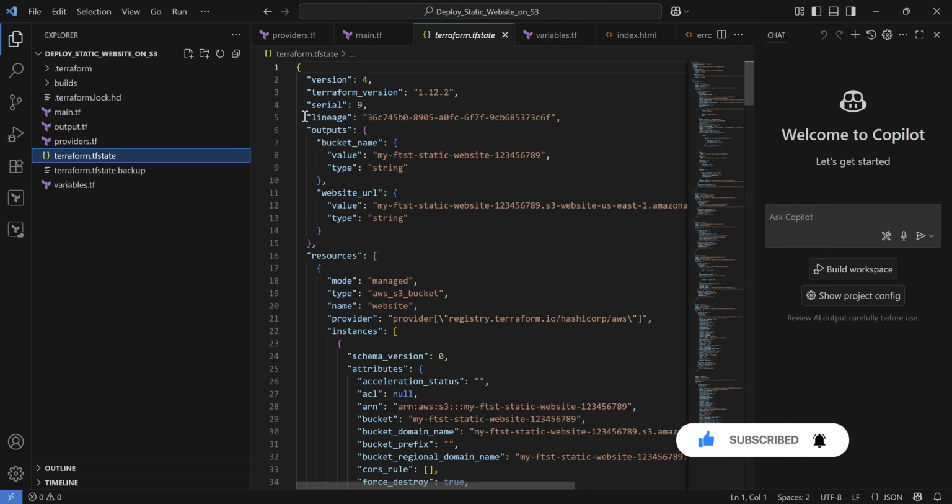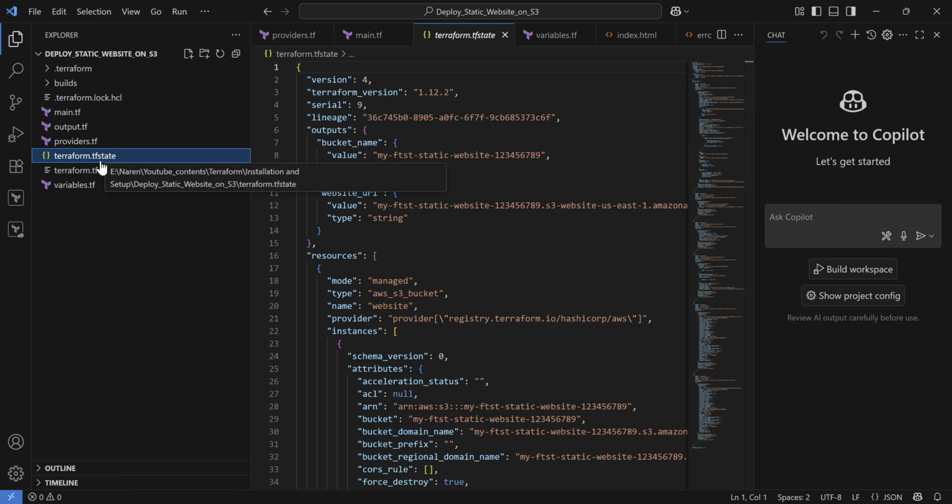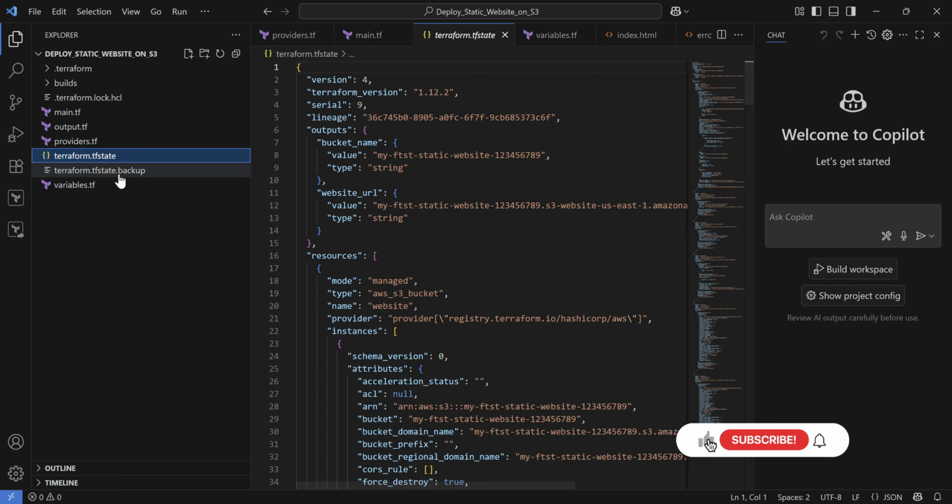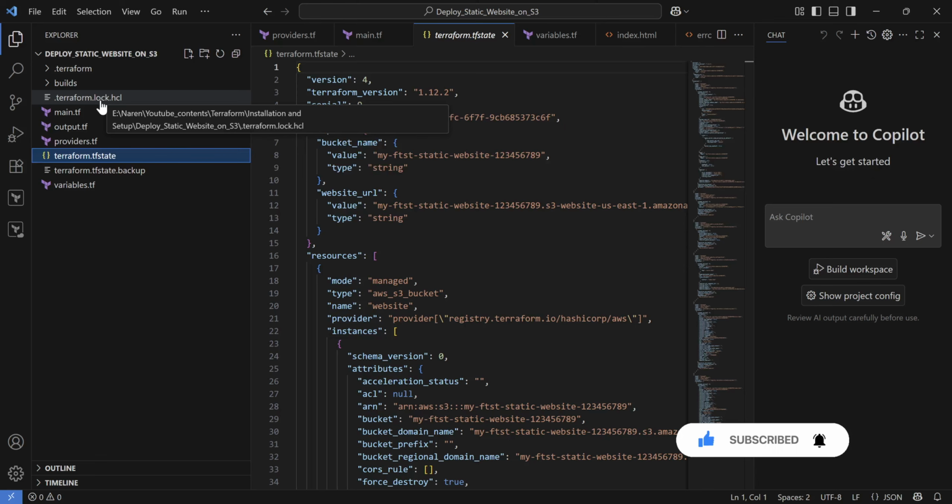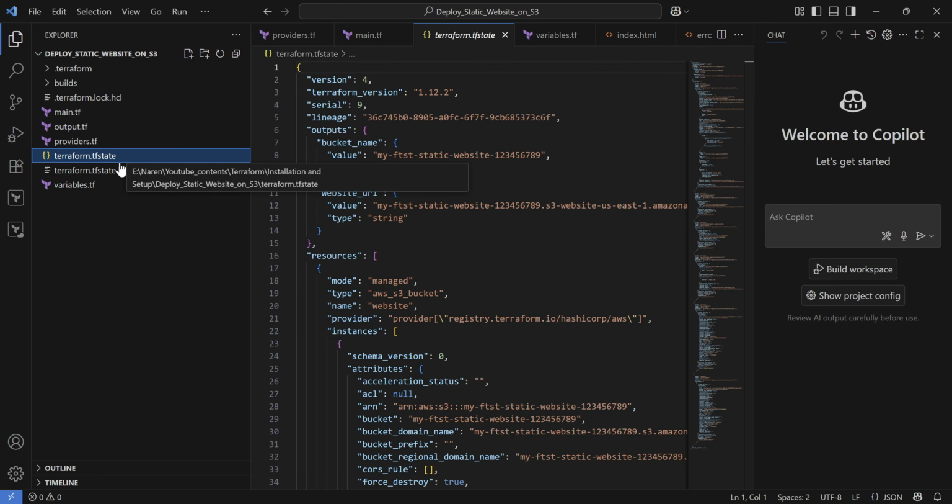Whatever you created here, Terraform creates a state file. This is how Terraform knows what instances have been created. We will discuss more about the tf state file in a later video. We also have the terraform.lock.hcl. This is for locking the Terraform state when multiple users are committing.